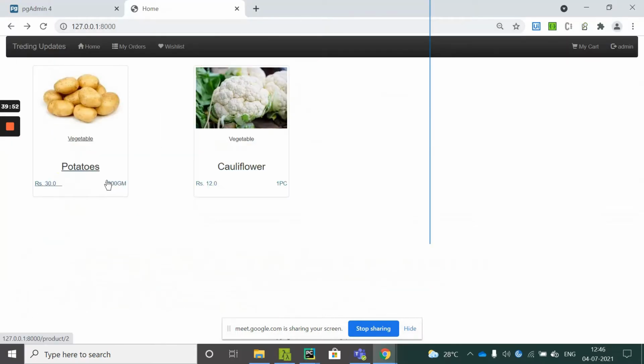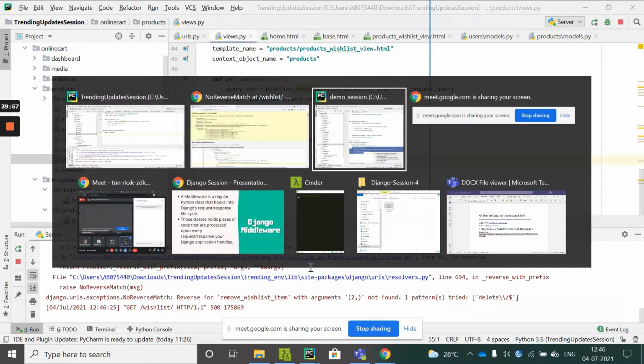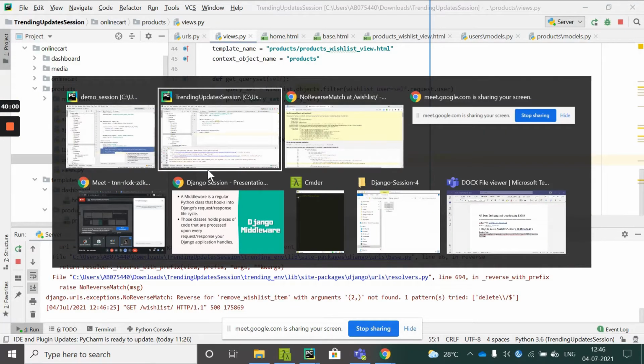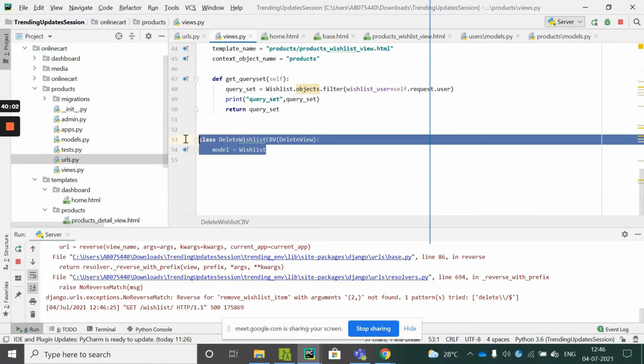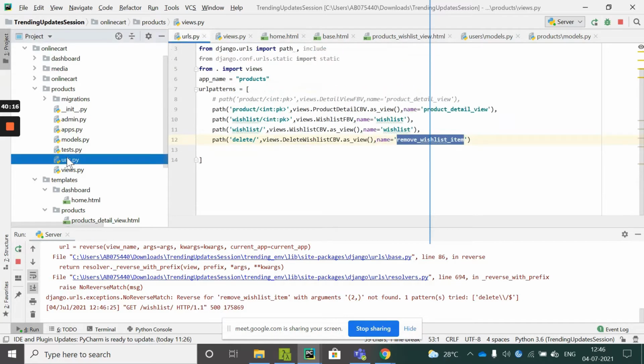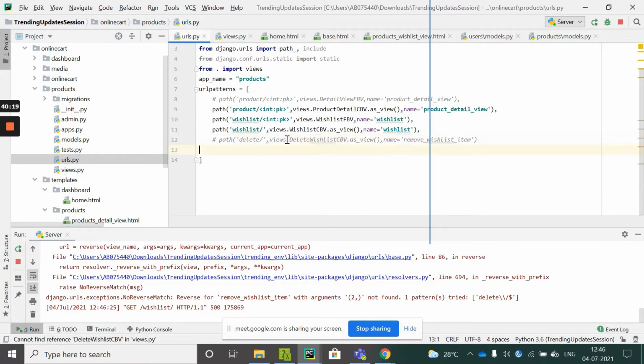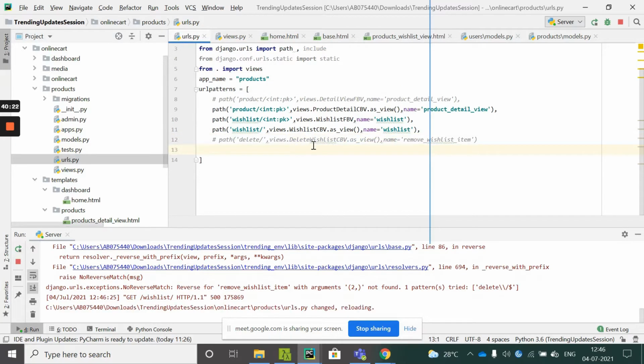What we'll do is we'll keep this inside the wish list. Whenever we come, we'll keep this as an assignment. In the next class I'll discuss this delete view because I am not passing in the correct arguments over here, so it is giving me the trouble. Till now our assignment was just to show the wishlist items that are particularly for that user. Coming to the URLs, I'll just put in the comment for this delete wishlist. Just remember guys, we should be discussing this in the next class.